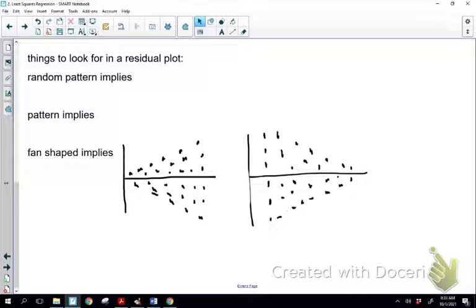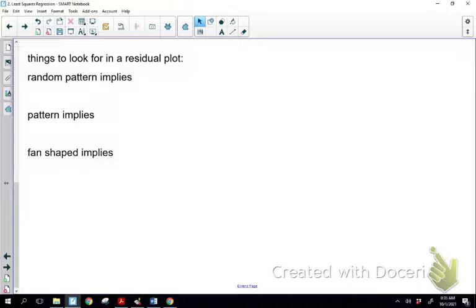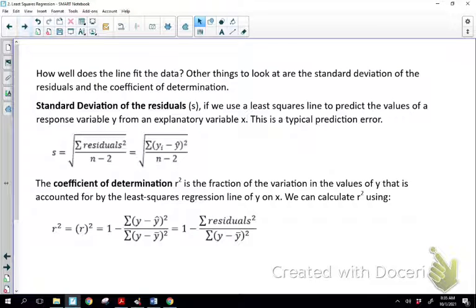I need to go in and edit that top phrase up there. Maybe I should change it to no pattern implies, because just random pattern doesn't make sense. But anyways, it implies no linear relationship, or maybe just like I wrote a second ago, linear model is not appropriate. All right, almost done. We're going to wrap up these notes with standard deviation of the residuals and coefficient of